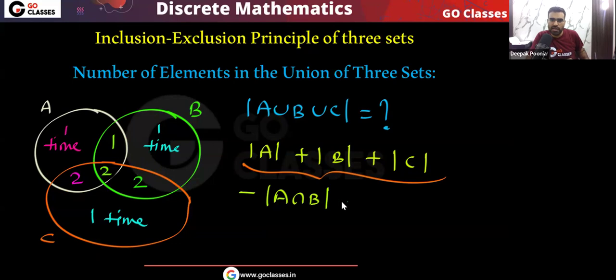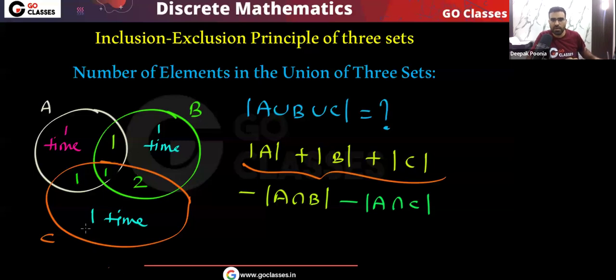So what I will do, let me remove the elements in A intersection C. So you can see this is the A intersection C. These elements let me remove one time. I am removing them one time. You can see minus number of elements in A intersection C. So if I remove these elements one time, then what will happen? This 2 will become 1, this 2 will become 1. Okay, so very simple. Let me make them 1, 1.